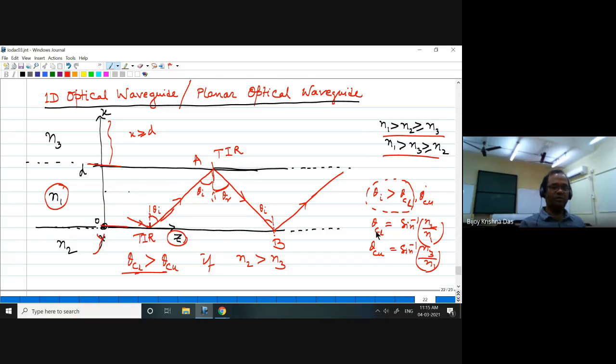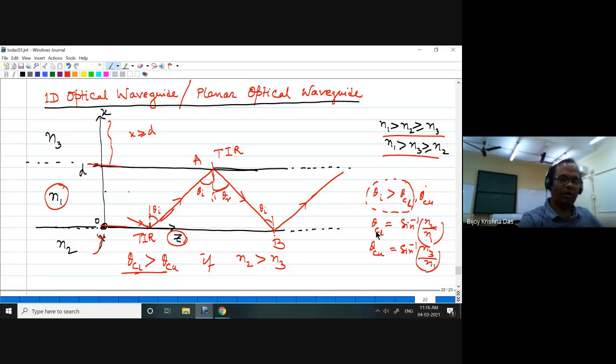No, I want to just study 1D optical waveguide theoretically. My point is that I want to understand 1D optical waveguide: what is the mode, what is the dimensions, etc. I need to understand. And I have shown 1D optical waveguide means I should be concerned only with restriction along one direction. One direction I have shown that there is a boundary at x equal to 0 and another boundary at x equal to d.